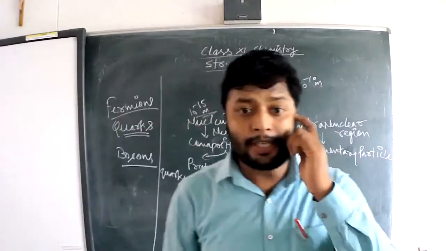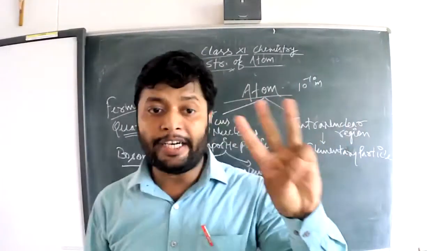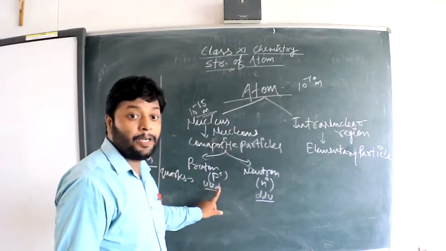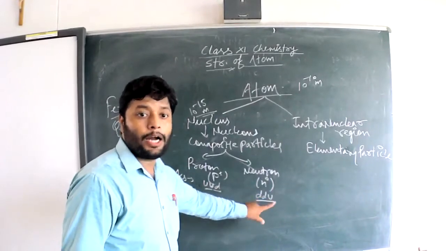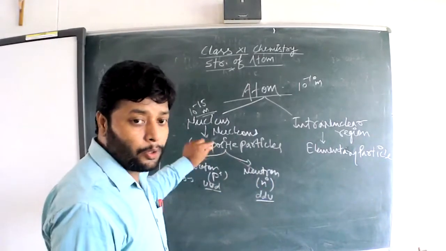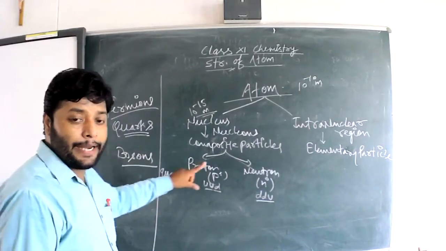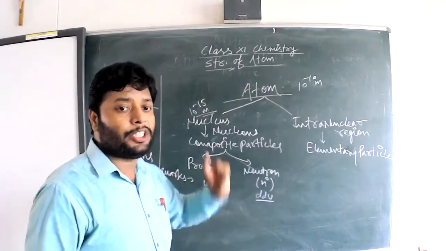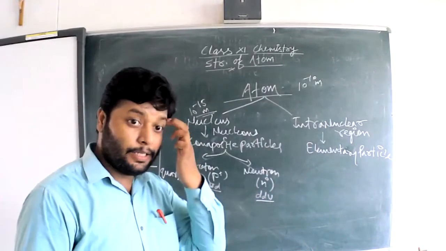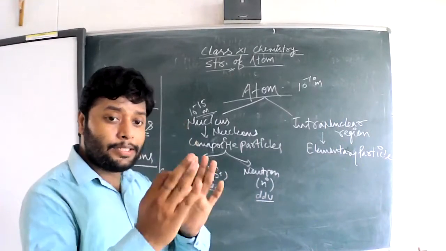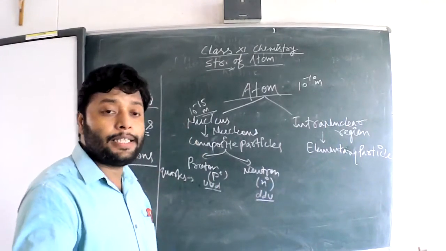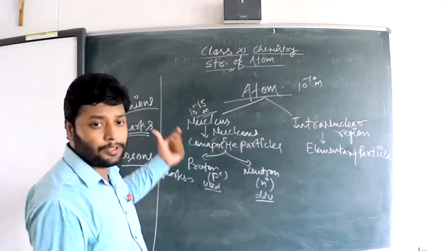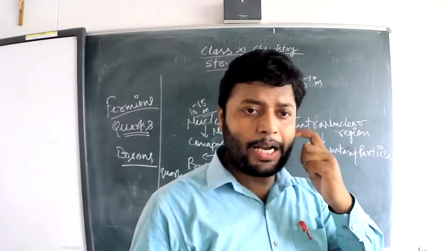The proton and neutrons are each made up of three different quarks. The names of the quarks are up, up, down for the proton, and down, down, up for the neutron. So the proton is made up of three quarks and the neutron is also made up of three quarks. That's why proton and neutrons are called composite particles, because they can be further divided. Quark is actually the name of particles belonging to the fermions, having some charge and some mass.